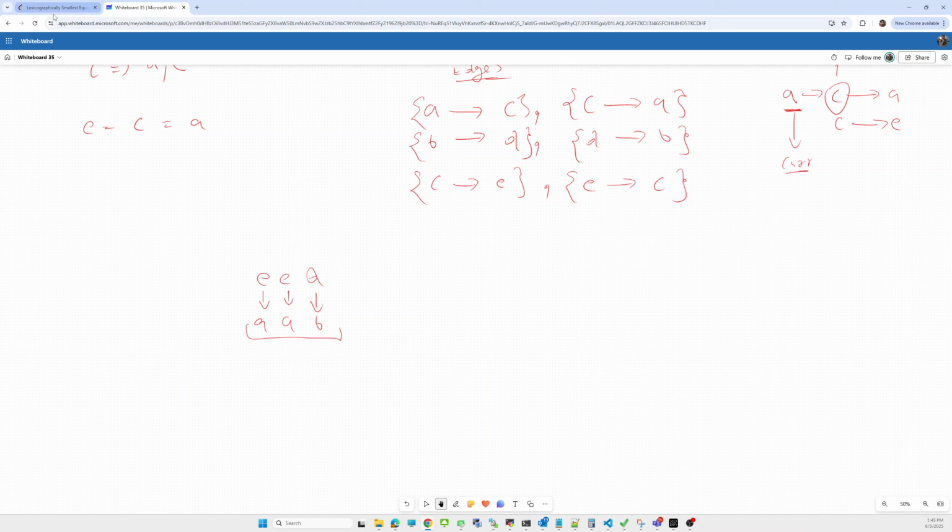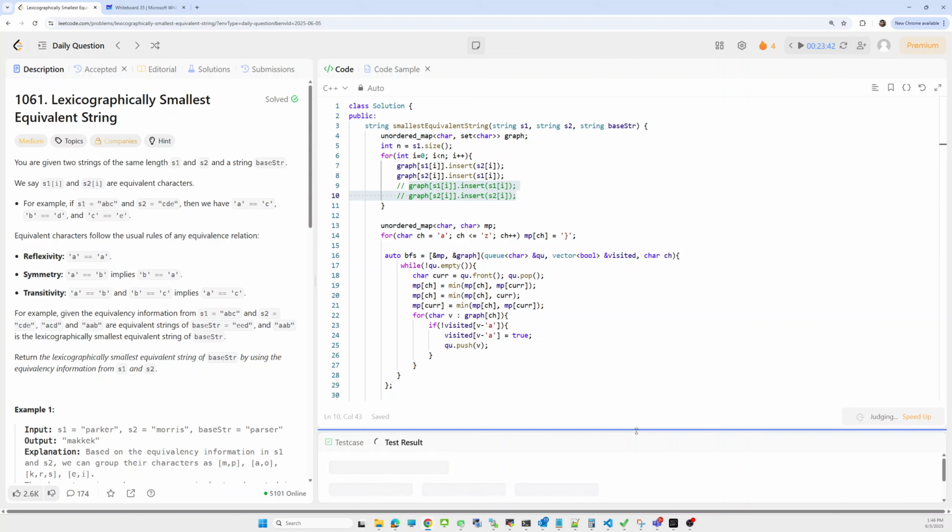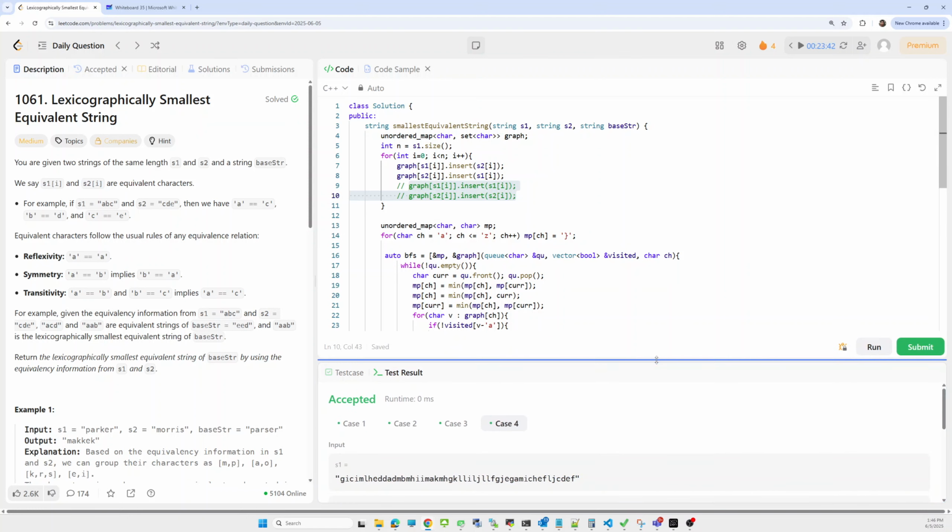Okay, let's look into the code side, how we can approach. First step is we have to create the adjacency list. Okay, here we create the adjacency list. One second. As I push the same node also, is it needed? Let me check. Is it needed to push the same node twice? No. Let me check. Is it working? No, fine. Let me test.